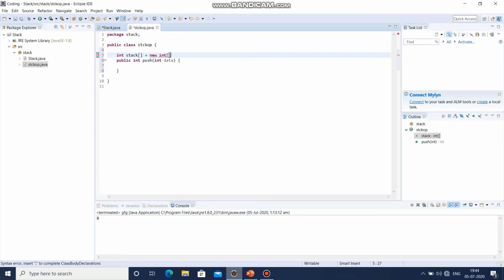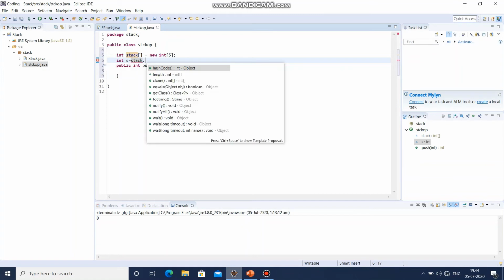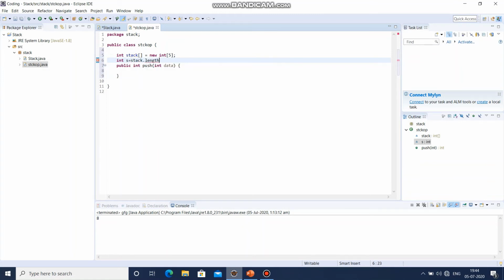Let's assume that the size of the stack is 5. Okay, and what will be the size of this stack dot length? Okay, so